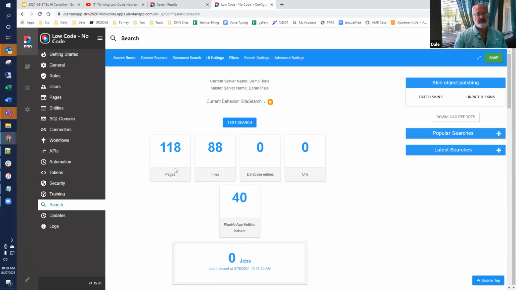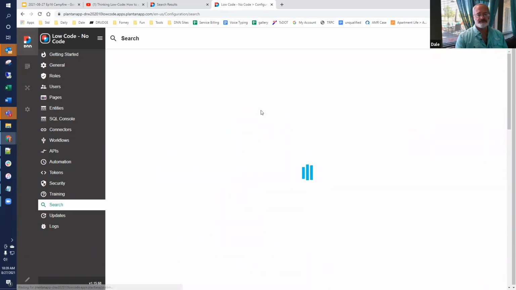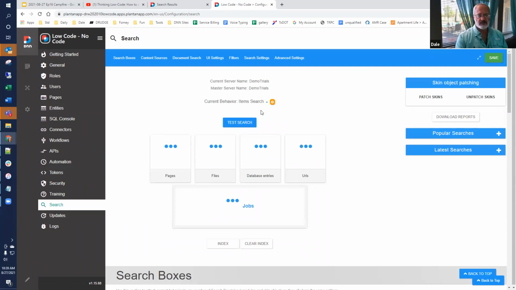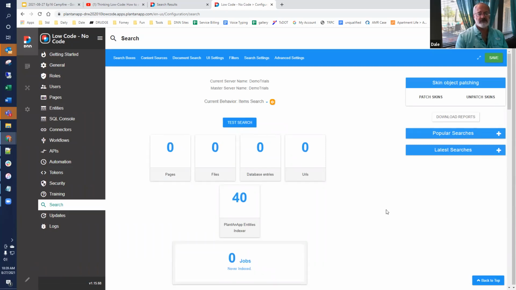So by default, we just have one behavior activated that's called site search. I have a different behavior that's available here called items search, and we'll take a look at that one. When I look at the items search, it's got a different definition here, and I'll show you the differences in the definition.